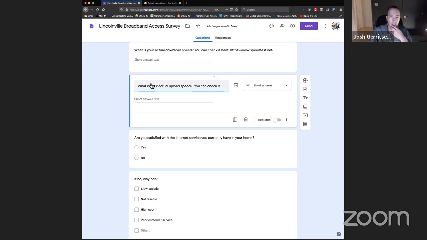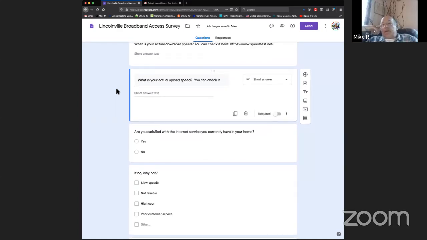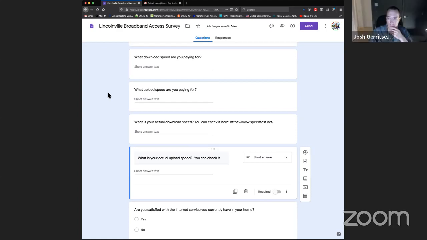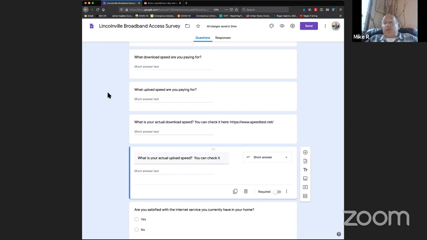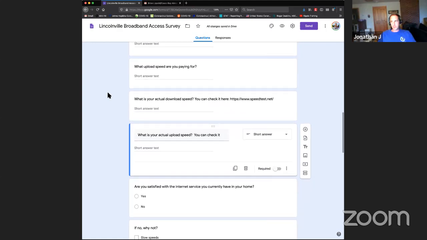Okay, I'll try to think of a way to add that. Thank you. You might consider using an example. A music file takes so many megs to download properly, or a Skype conversation, whatever number is sufficient for a Skype conversation. You just use examples to indicate. I would just direct them to use a standard metric of megabits so that we know what we're dealing with, and that's what we want to receive the answer back in.